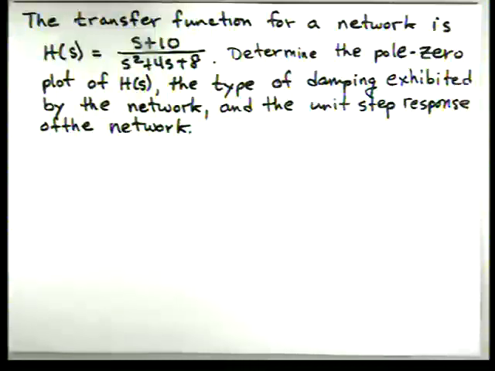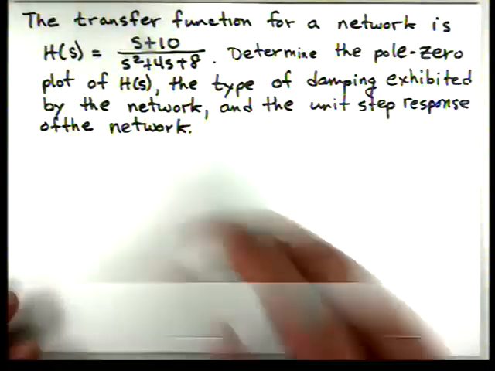In this problem, we're told the transfer function for a network is H(s) = (s + 10) / (s² + 4s + 8). Determine the pole-zero plot of H(s), the type of damping exhibited by the network, and the unit step response for this network. So to do the pole-zero plot,